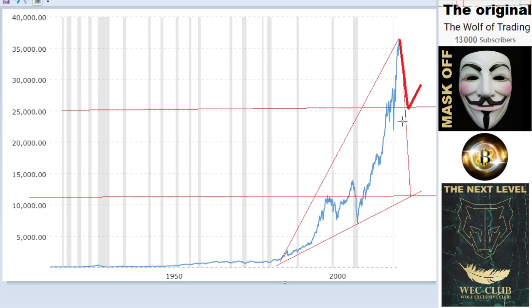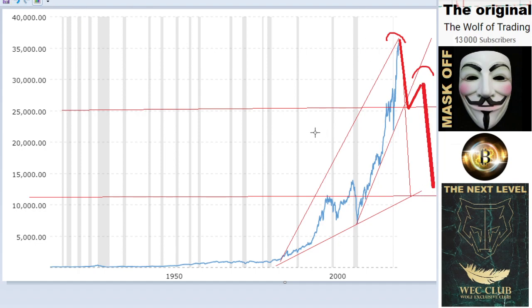Then we get this, and this is highly dangerous because then we would break here the trend line from here. If this trend line broke, we have not yet broken this. This is incoming in 3, 4 years. If you break this, then the big move, double top, one time, two times, and then the crash. The crash is coming to the downside here.